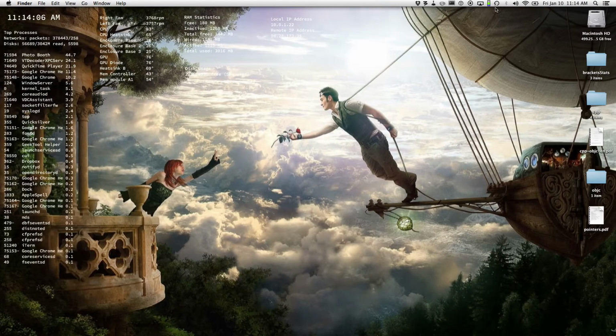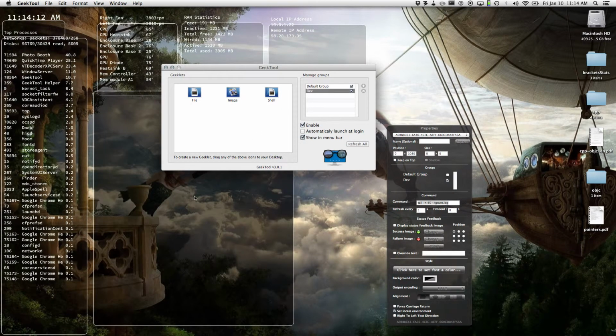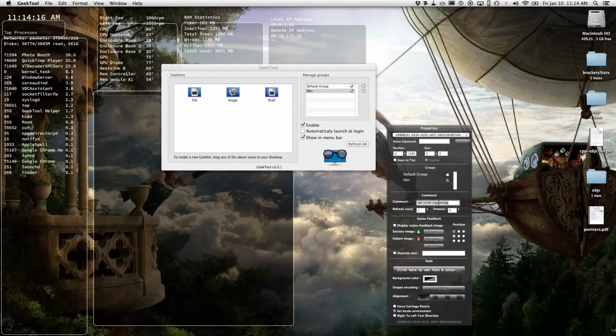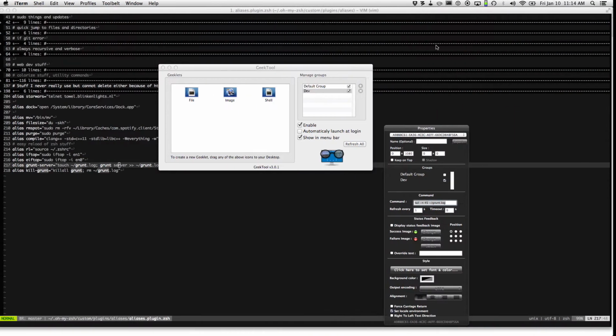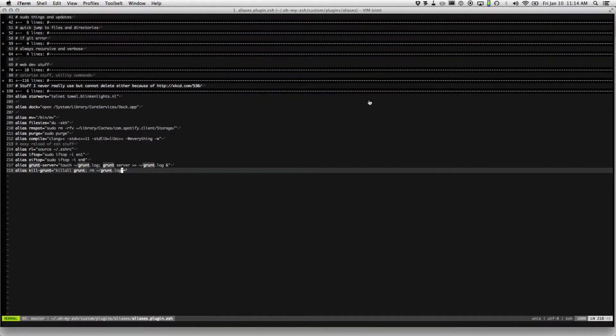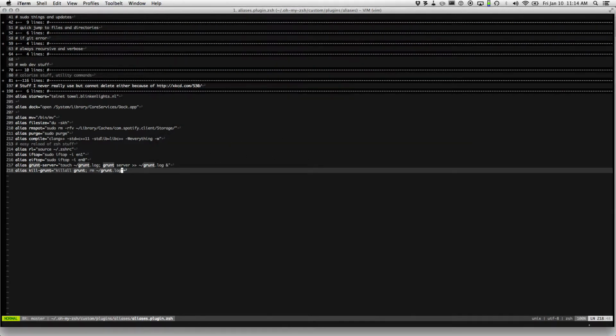The geeklet looks like this. All the geeklet does is tail grunt.log and refresh every second. So when you combine them, you get awesome. Let's close Geektool preferences. When you combine them, you get